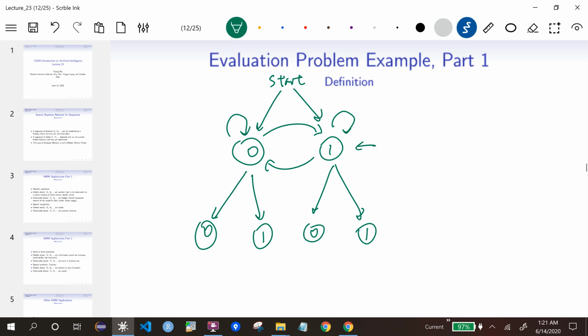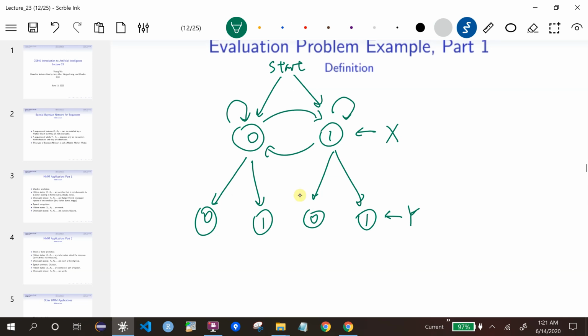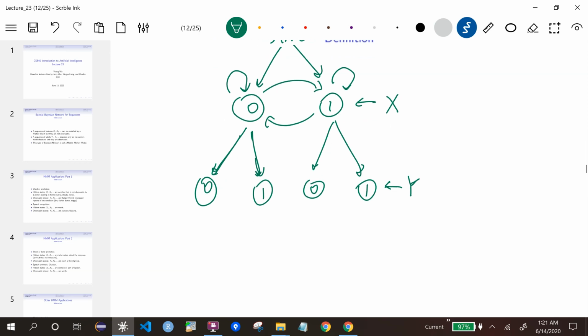So these are the X that we cannot observe, and these are the Y that we do observe, whether we have fever or not. The fever may be caused by something other than coronavirus, or it may be caused by coronavirus, and also there may be cases with coronavirus but no fever. So we have all four of these probabilities, and let's say we have a sequence: at time 1, I don't have a fever, and at time 2, I do have a fever. So this is our y1, this is our y2,